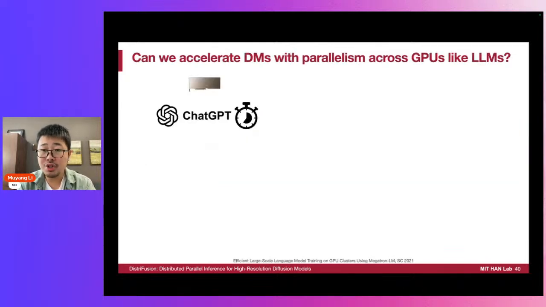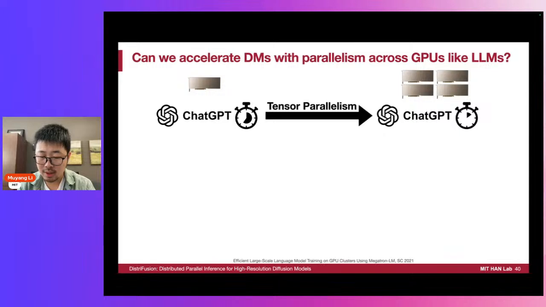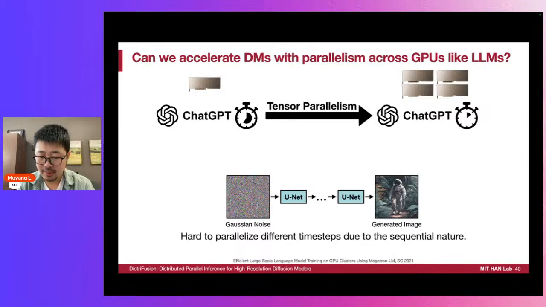As computational resources grow rapidly, leveraging multiple GPUs to accelerate inference is also very appealing. For example, large language models have already harnessed tensor parallelism across GPUs to significantly reduce latency. However, for diffusion models, when generating a single image, typically only one GPU is involved.